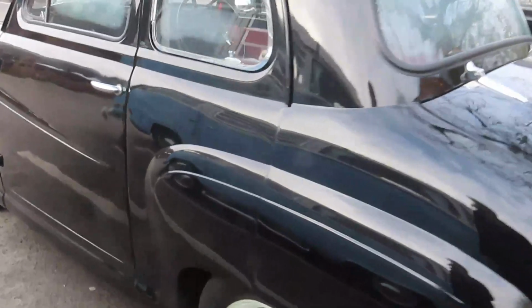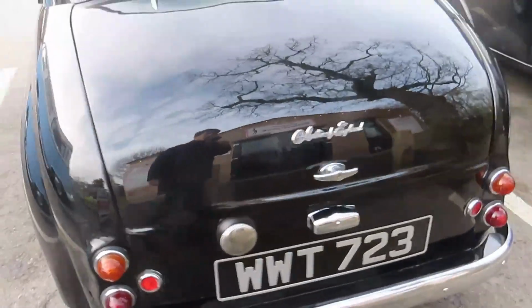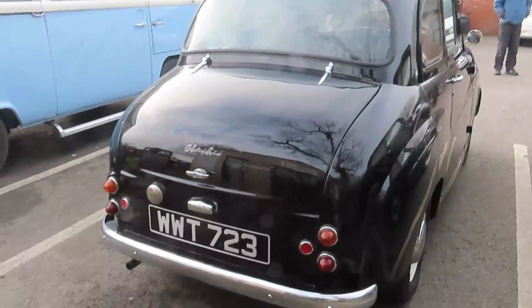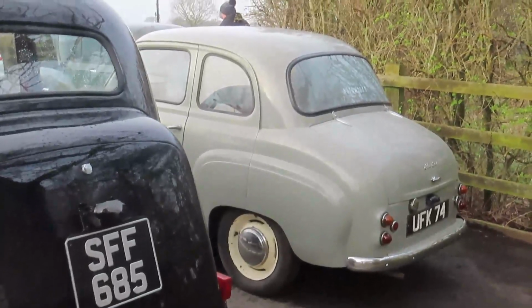It would cruise a lot faster. The engine would be a lot more unstressed, as it's a bit more of a powerful engine. I want to say the 1098 is like 67 brake horsepower, something like that maybe. And in quite a little car like this, it would be quite a nippy little car, to be honest. So for that reason, I'd say it is a tick on the suitable first classic car list, just because that engine does make it a little bit more usable maybe, although the little A-series, slightly smaller capacity, is still very